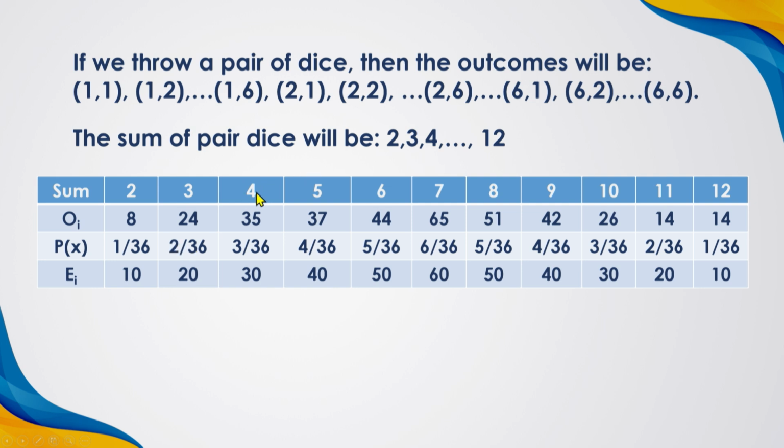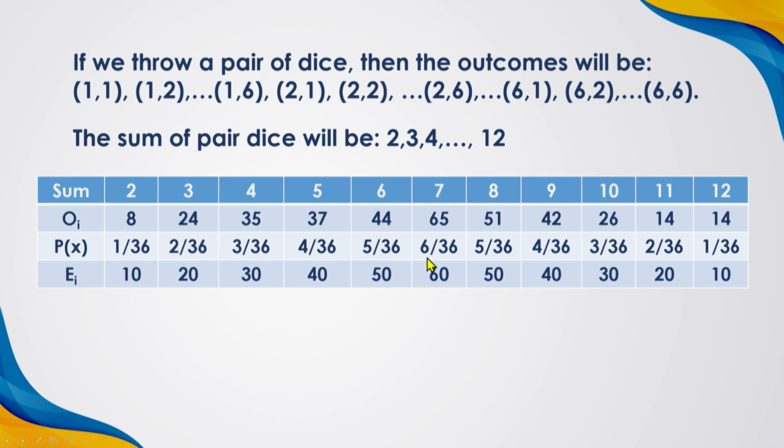Similarly, for 4 you can think that there are 3 combinations. You can go with simple mathematics: what are all the additional possibilities for 4 with respect to 1 to 6? You can go with 1 plus 3, that is 1,3 or 3,1, or 2,2. Those are all the 3 combinations you can work out to get your probability. In a similar fashion you can work out the rest. You can identify here that it will be in an increasing fashion, 1 by 36, 2 by 36, 3 by 36,